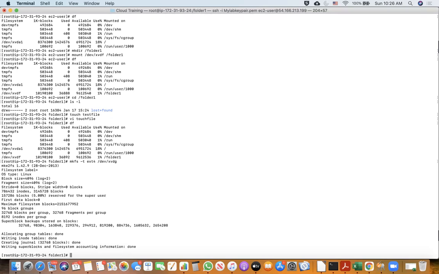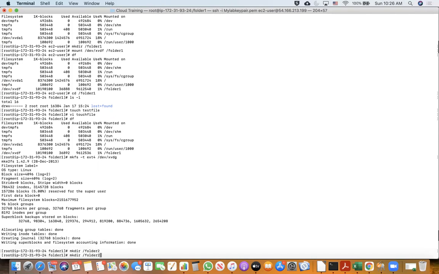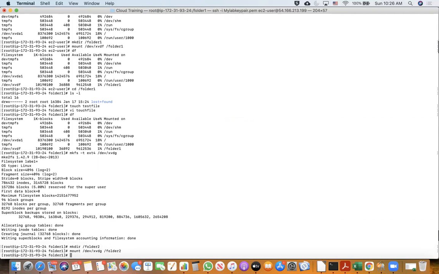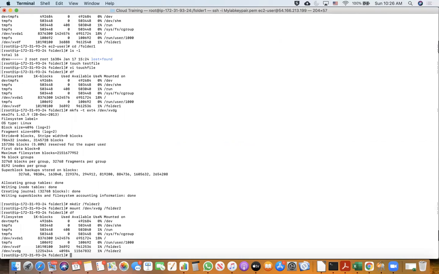Now I will do the same thing of creating a folder and then mounting it. I am going to create a second folder and then perform the mount action on the second folder. So I'm taking the device G and mounting it. Now, if I put df, as you can see, a second folder got created, folder1, folder2, right?